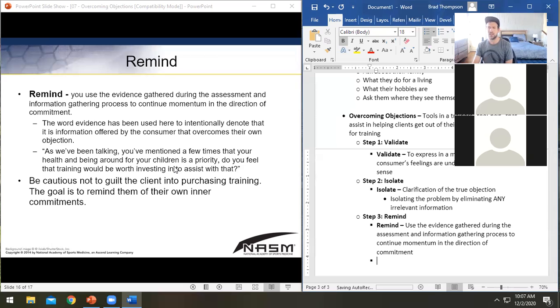This is one of the reasons why we want to ask questions all the time about what people's actual goals are, by the way. Like I said, people will often say they want to lose 20 pounds when what they really want is to get healthy so that they can be around for their daughter's wedding someday.